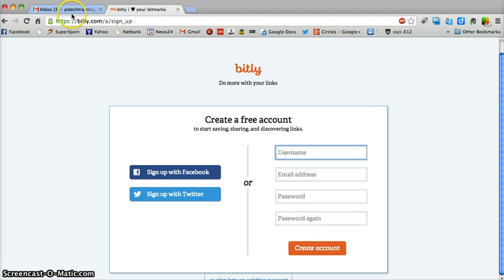We're going to get to a sign up sheet. And I'm going to use the Gmail account that I just set up prior to this. So I'm going to use the username PS Tech Training, and I'm going to use the Google address I just set up. You can use your Google address, or it probably takes a variety of online accounts. It says Facebook or Twitter as well will work, but Gmail seems to work nicely too. So PS Tech Training at gmail.com, and then I'm going to give it a password,